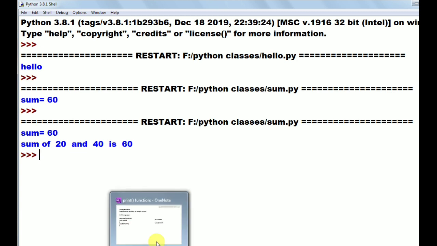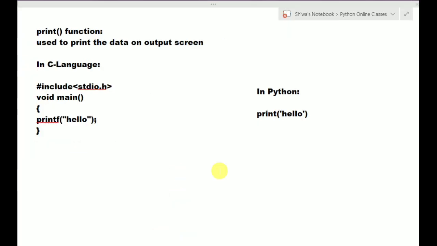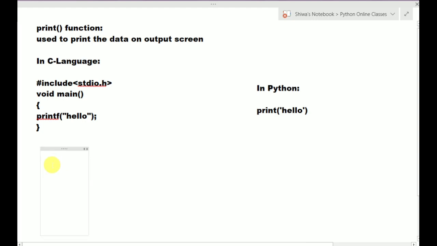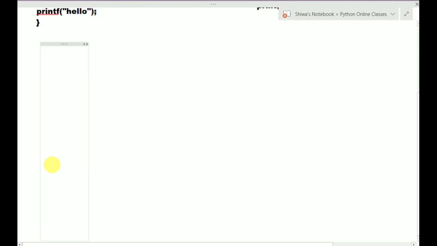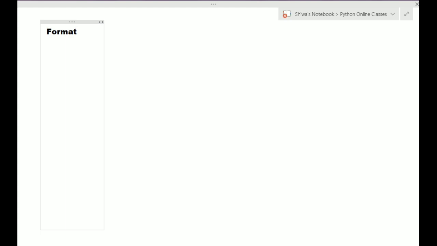Now see how can we use the format specifiers in Python. C language provides format specifiers to print the data like that. Python is also providing format specifiers to us. So what are the format specifiers provided by Python?